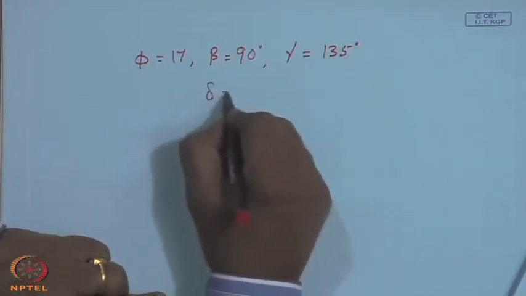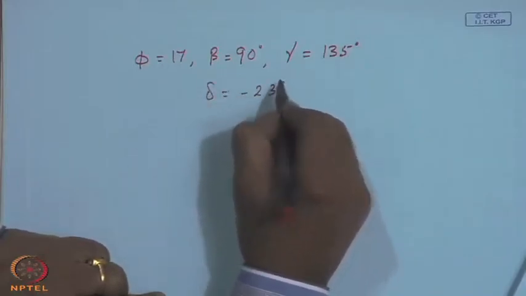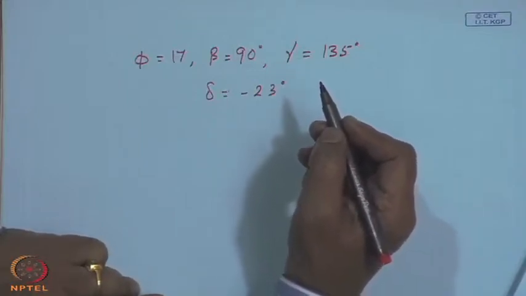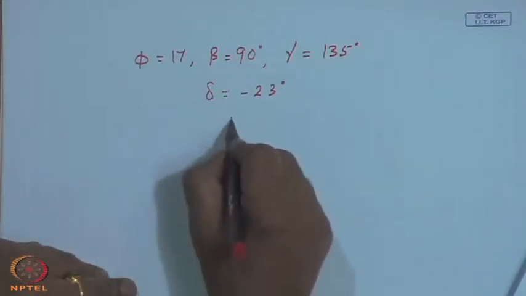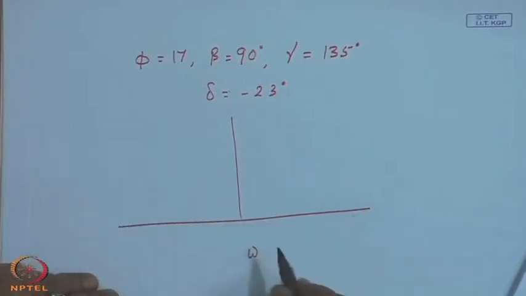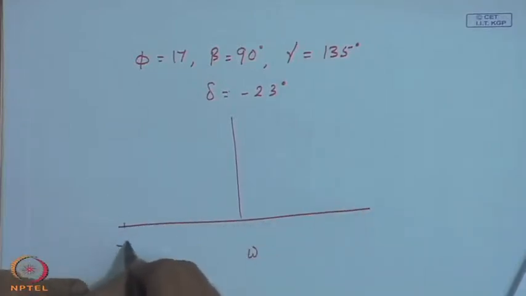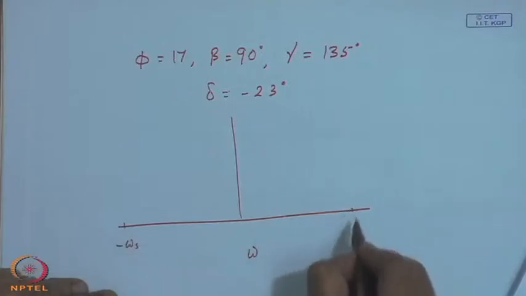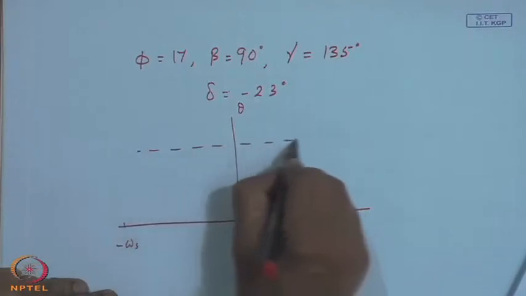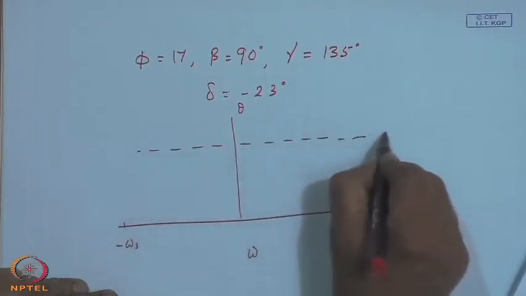And delta is minus 23 degrees. That means December, and you will find that of course, this is your omega, and you have a minus omega S and a plus omega S. This is theta, 90-degree angle,